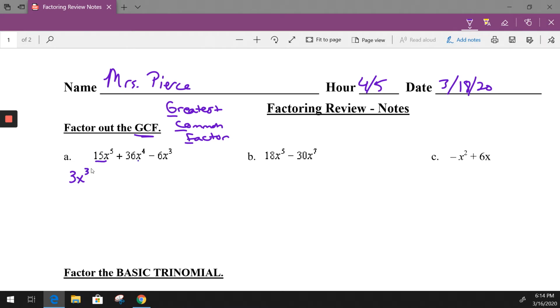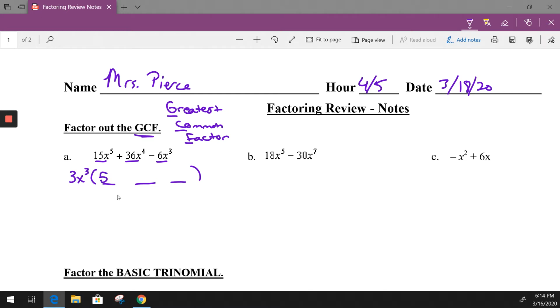Since there are 3 terms in our trinomial, our polynomial, to begin with, there will also be 3 terms inside the parentheses after we've factored out that 3x to the 3rd. And so factoring is kind of like unmultiplying or undistributing. So the 3 that we're factoring out is being divided from all of these numbers, and same with the x to the 3rd. So what's going to be left here is what you get when you divide 15 by 3,